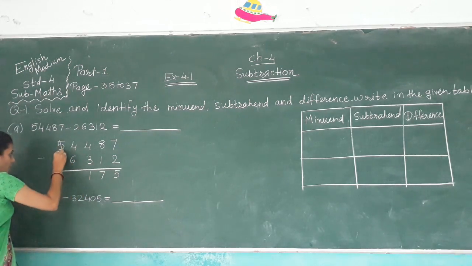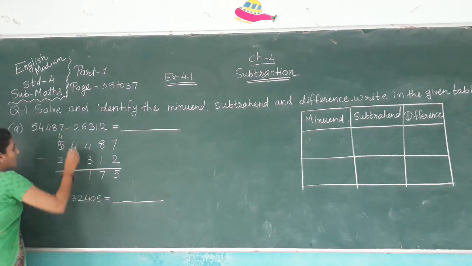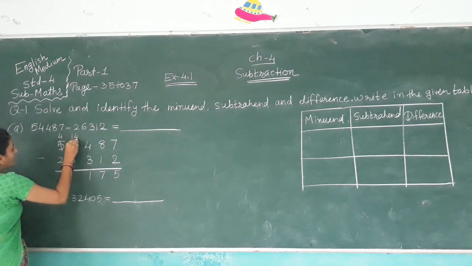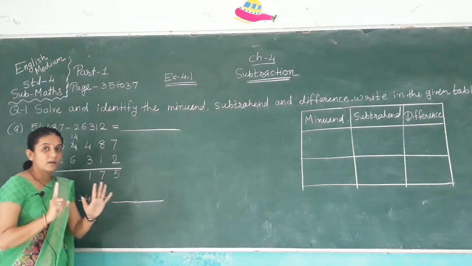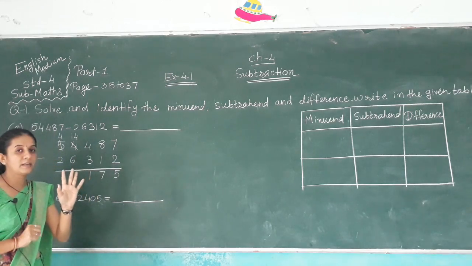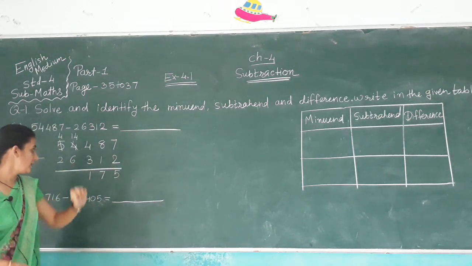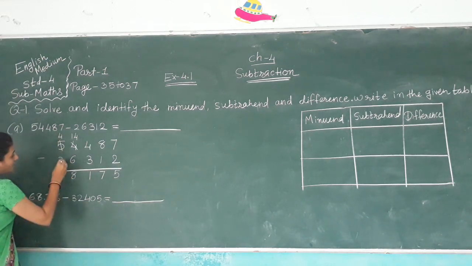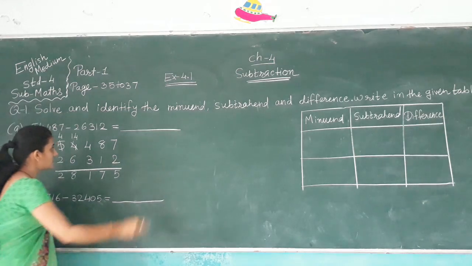Take borrow from other places. Here cut 5 and write 4. Cut here 4 and write here 14. Then 14 minus 6. Take 6 fingers. Before 14: 13, 12, 11, 10, 9 and 8. So we get answer here 8. And 4 minus 2, it's 2. So we get the answer